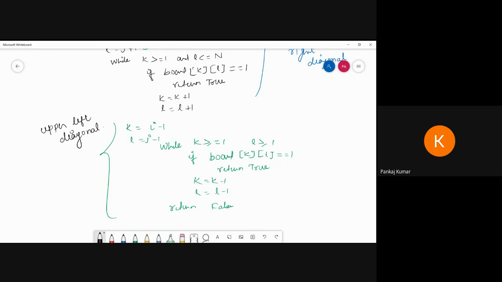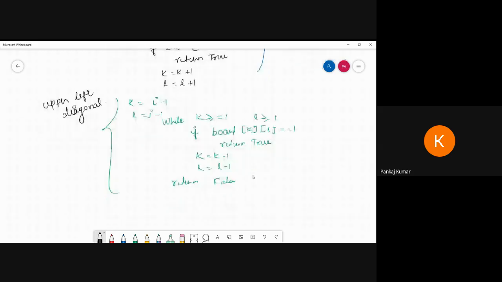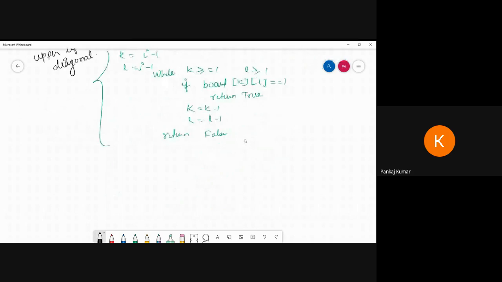So what do we have to pass? Number of rows, the board, and the number of pins. Okay, so suppose this is what I am passing. If the number of pins is 0, then we have already placed all the pins.